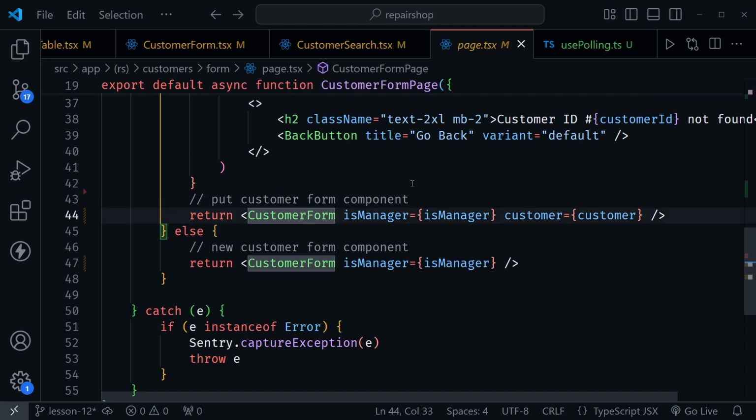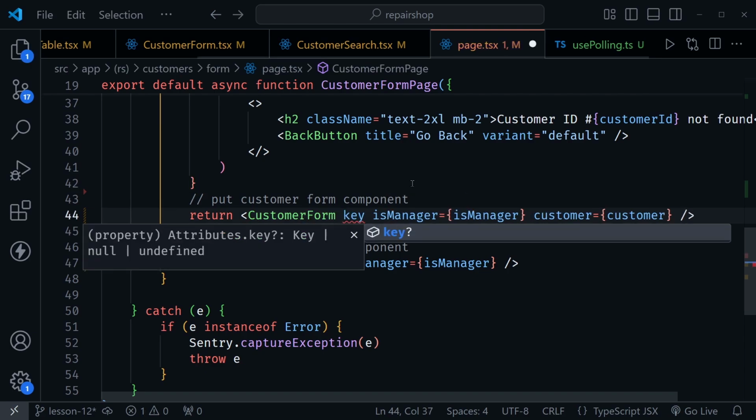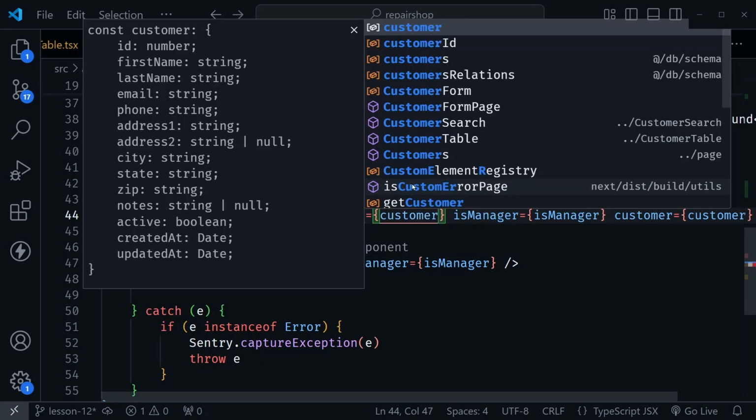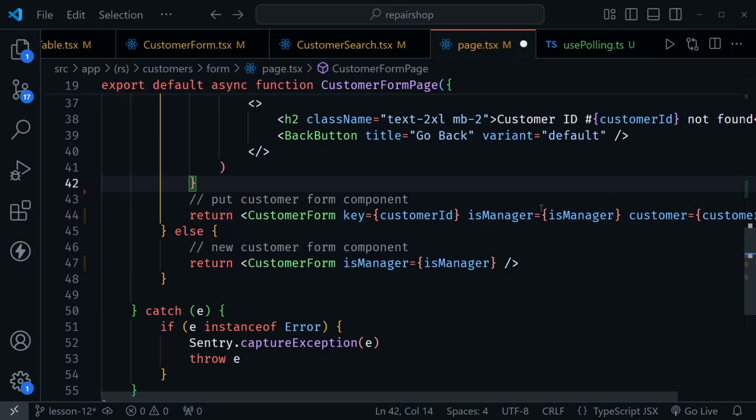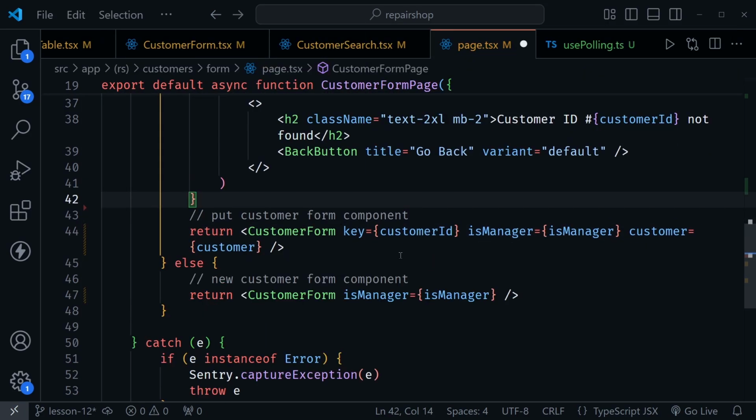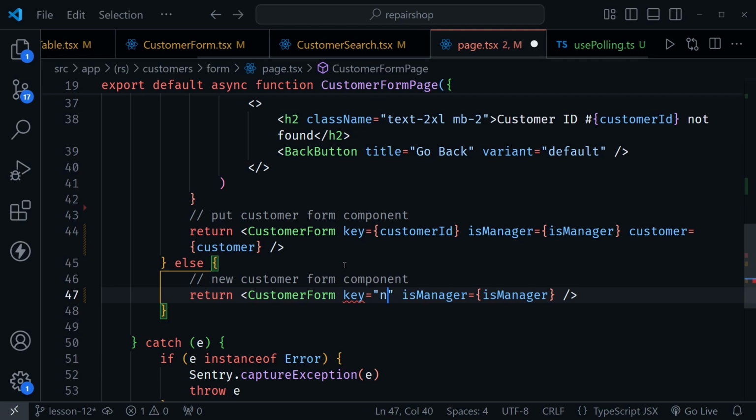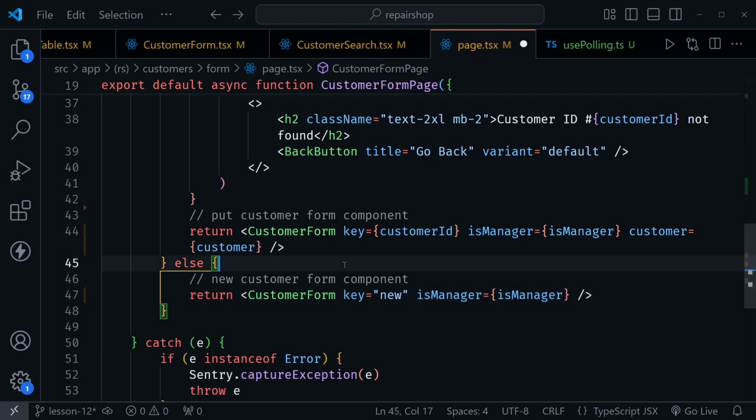What we can do is put in the key prop. Now a React component will always remount if you change the value passed in as the key prop. So I'm going to pass in the customer ID here when we're editing a customer. Alt Z to wrap that down. So pass in the key. So here I also want to pass in a key, and this will just always be new for a new customer. Now this will force this component to remount, and now when we use the back button we should see